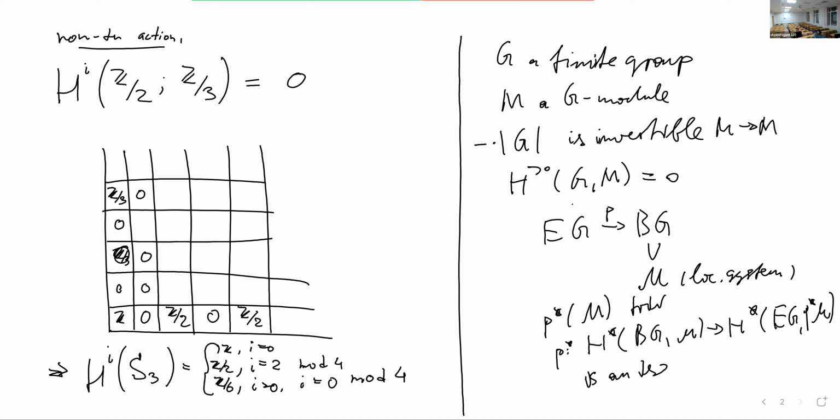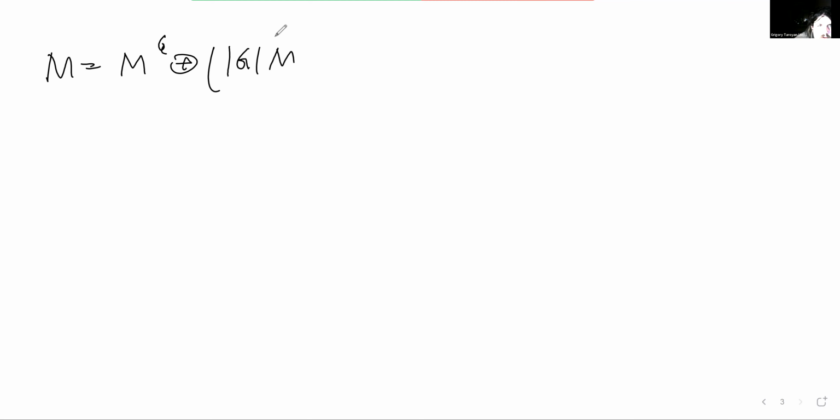M is the sum of M invariants plus what? We can identify the second summand with the co-invariants, I guess, but